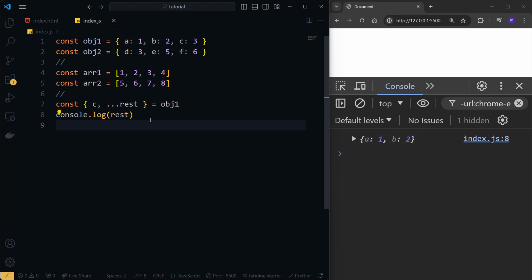Alright, so this is how we can use the rest operator with objects, alright? And also we could do the same thing with arrays. Let's say I wanted to use array1, and let's say I only wanted to get, for example, 2, 3, and 4 into its own array. So now just define, let's call it x, and if I console log x, it's going